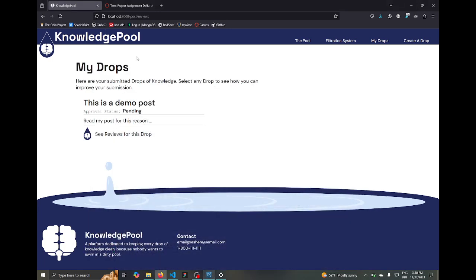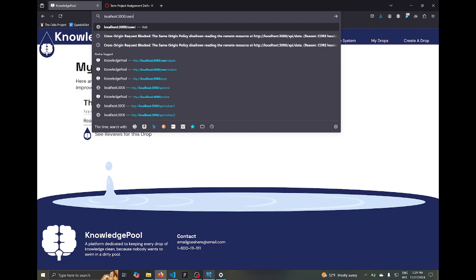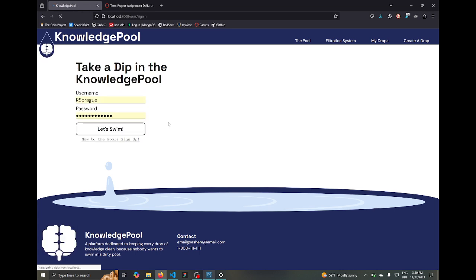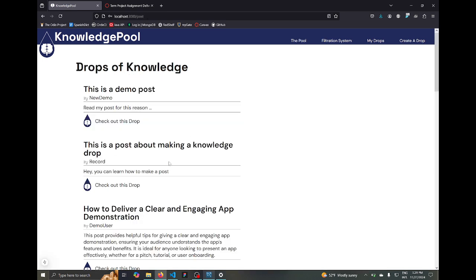But we showed the create an account form, so we can show the sign in form if you already have an account. So the puffball mushroom post was by this account, so we'll sign into it. We see that this demo post is in the list because it doesn't have 2 or more rejections, but in the future it would only be here if it was approved by, I think, 3 or more people is what I want to go for, but I'm not sure on the exact numbers yet.